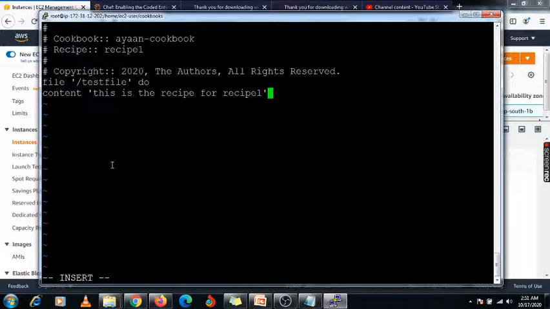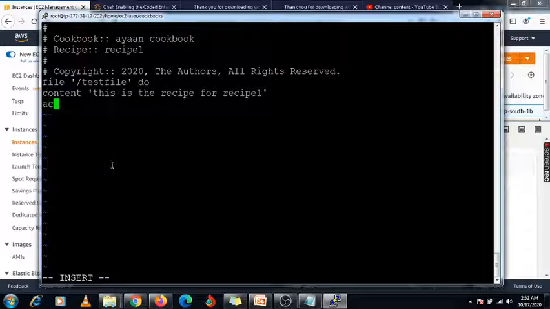Okay, and close your inverted comma, enter, and you need to do some action. Whenever we are creating any file or any directory, at that time you need to specify some action. Like in action, what we are doing is create. We are creating the file, so in action you need to mention create.